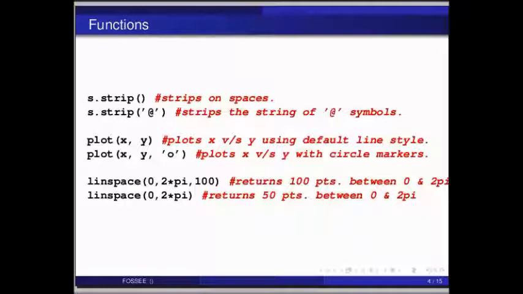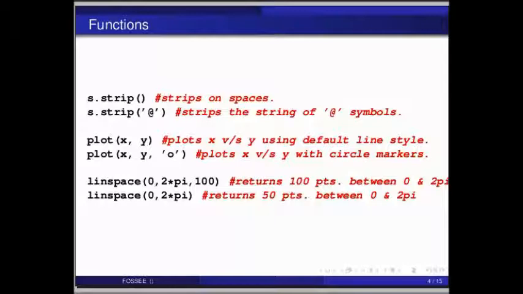Hence here when the third argument is not provided, it shows the default line style. linspace within brackets 0, 2 star pi, 100 returns 100 points between 0 and 2 pi, and linspace 0, 2 star pi returns 50 points between 0 and 2 pi. Hence the default for the third argument is 50.